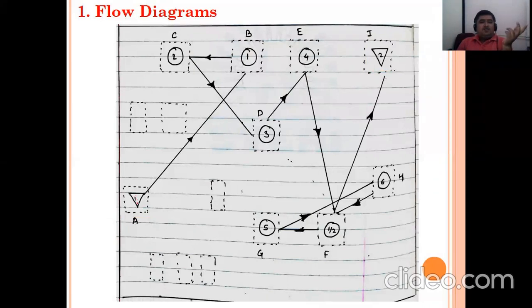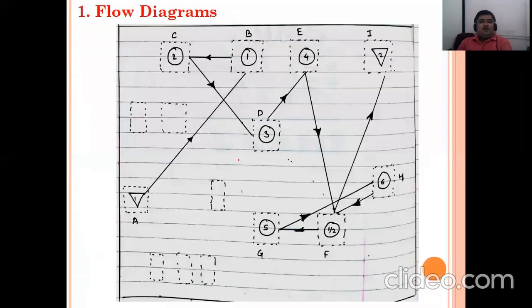So this is the store again, number A. This is J, again a store. Then B, C, D, E, F, G, H, again operation points are there. So how they go from store to machine number 1, to machine 2, 3, 4, E, F, then G, H, I. So like this, the things are there. That means it is shown with the arrow.